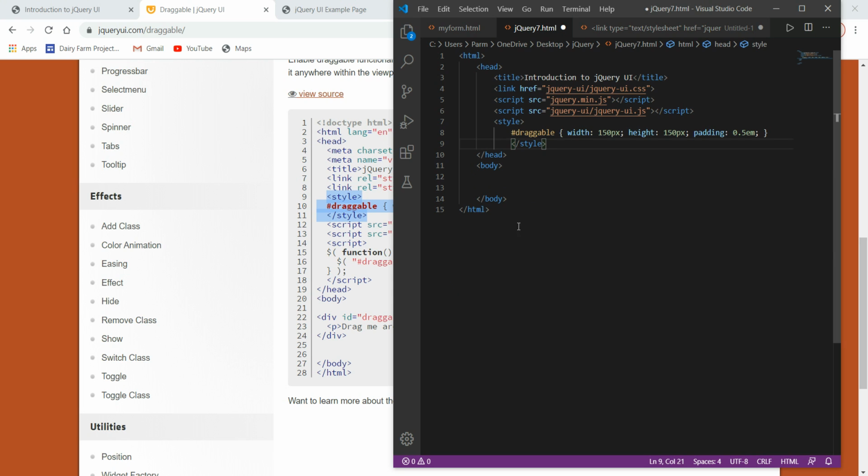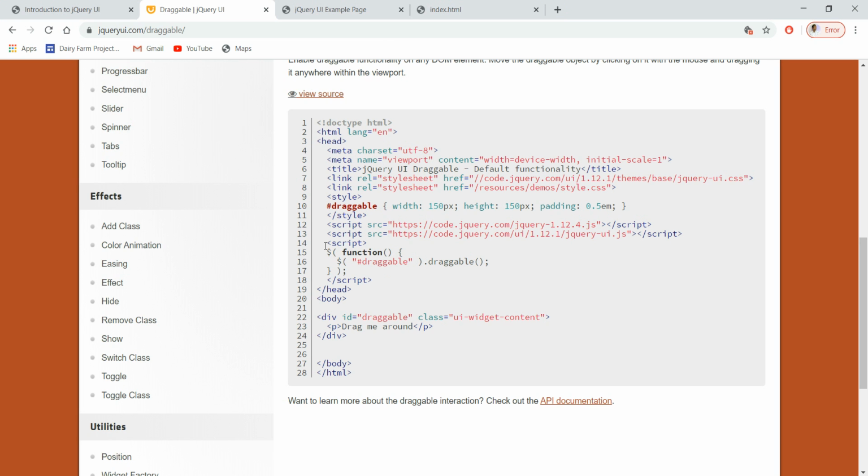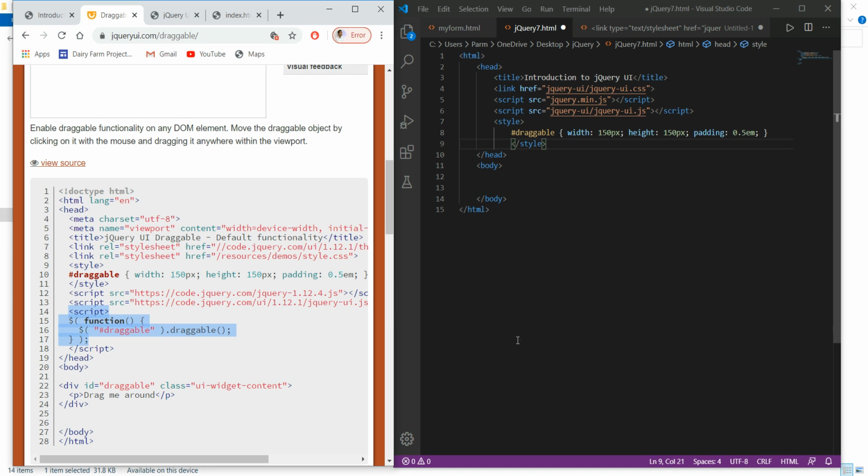Then we have to copy this function from here and paste it in the body. Then here we have to close the script.